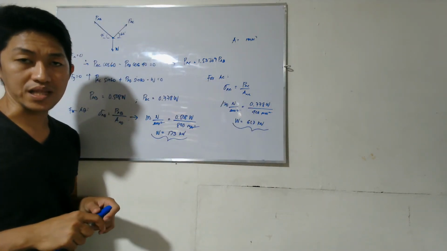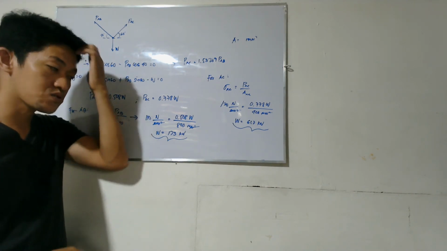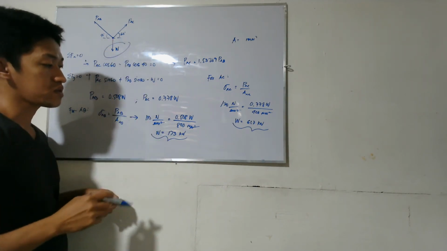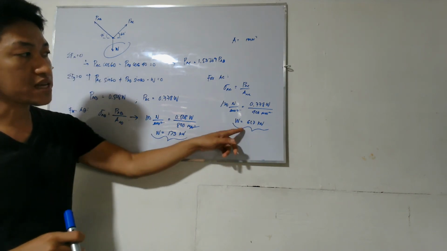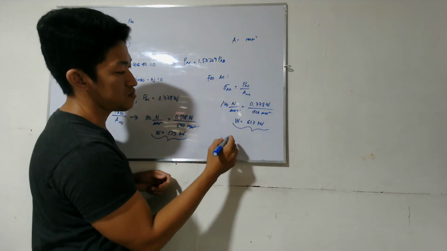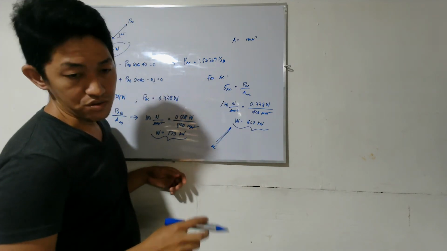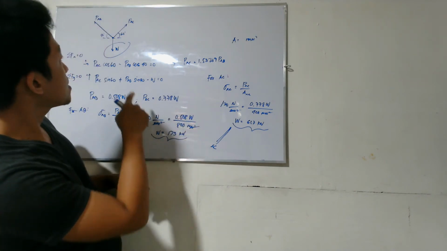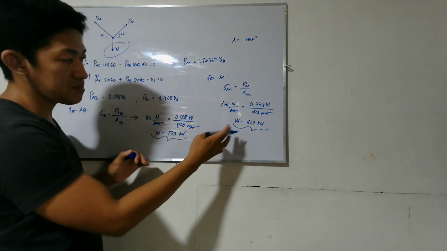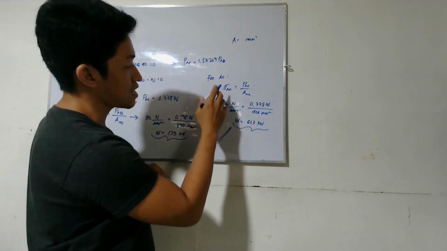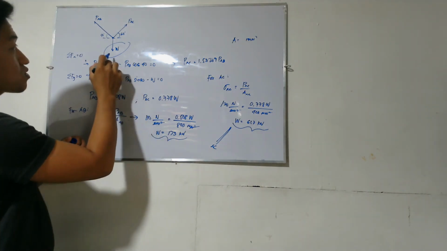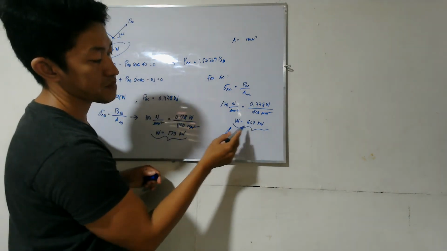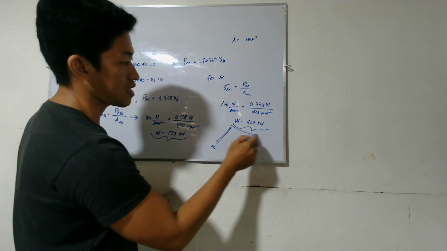Okay, we have two weights here. The question is, which of these two is the allowable weight? This one or this one? Okay, so what does this mean? It means your bar AC is only capable of carrying 61.7. It can carry less compared to AB. So we take the smaller one so that AC does not fail. If you put 173 here, AC may break. It can only carry 61.7. So this is the answer.